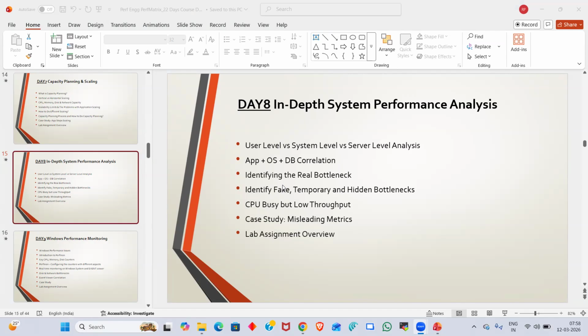Why are we doing multiple rounds of regression testing for any simple change? There is a bottleneck. You fixed it. Now you retested it. The bottleneck got fixed. But why are you doing regression? Multiple rounds of regression. That particular fix may start showing some negative impact on the other existing functionalities which are working as expected or which are within the